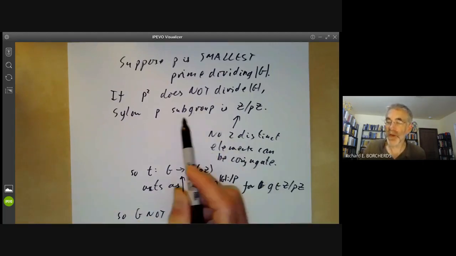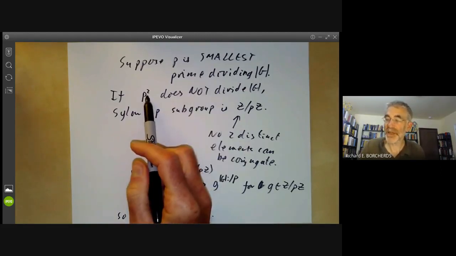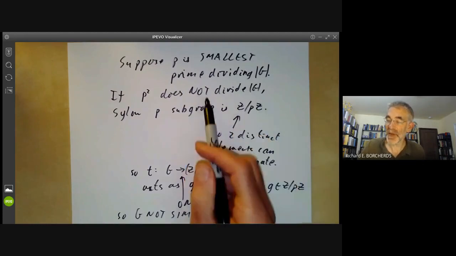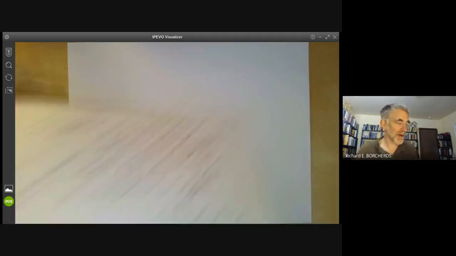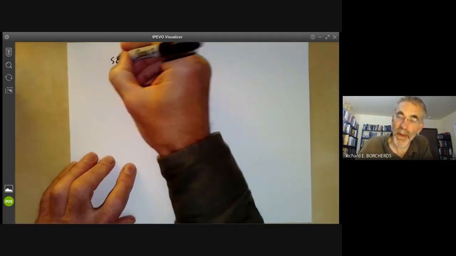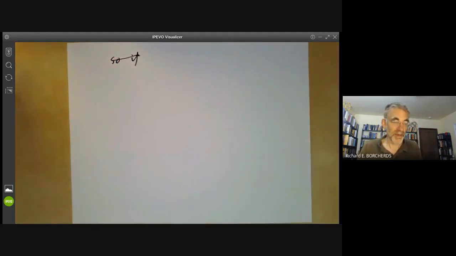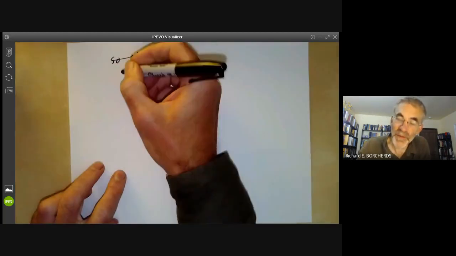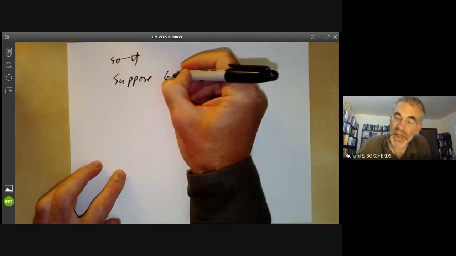In fact, if you look at this argument a little bit more carefully, you see that it also applies even if P squared does divide the order of G, provided the Sylow P-subgroup is cyclic. So in particular, for any simple group, its order must be divisible by the square of some prime. So let's give one final application of the transfer. Suppose G is simple,